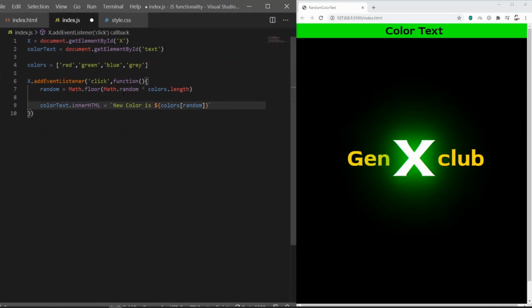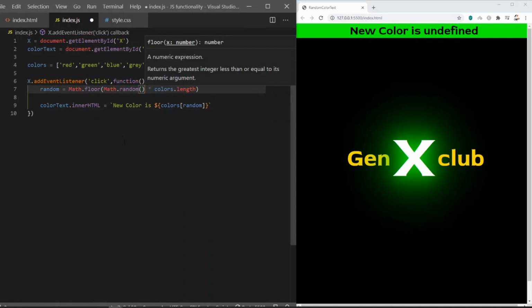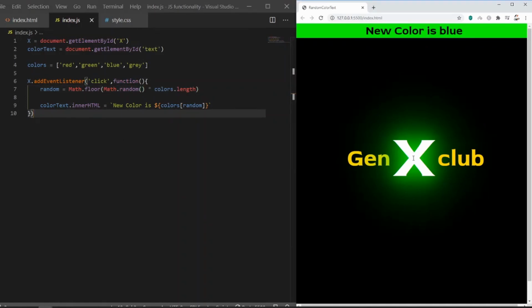Okay, this is better. Okay, we are saved. Now let's click on X, and oh, we did some mistake. Let's see. Oh yeah, so the Math.random requires parenthesis. Okay, let's save. Let's try again. Boom. So you can see the colors. New color is gray, blue, red, and it's going on.